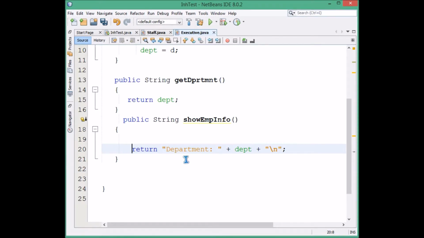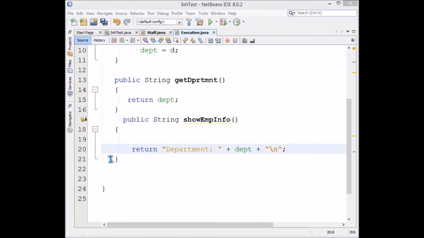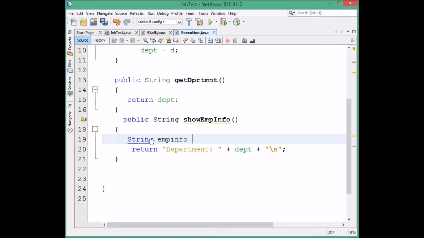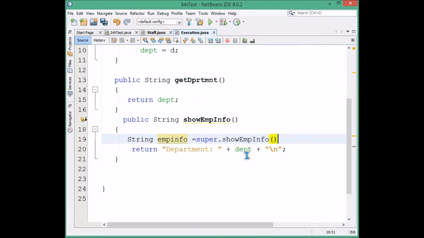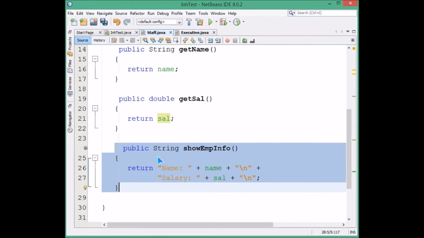I make a string, say employee info, and I use the super keyword and super dot show employee info. Now this particular function is of staff.java, of this class.